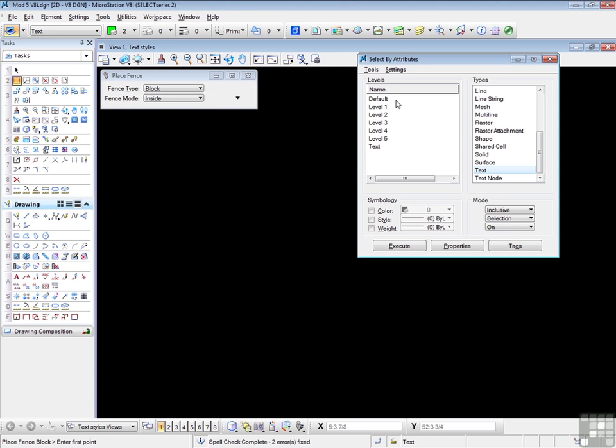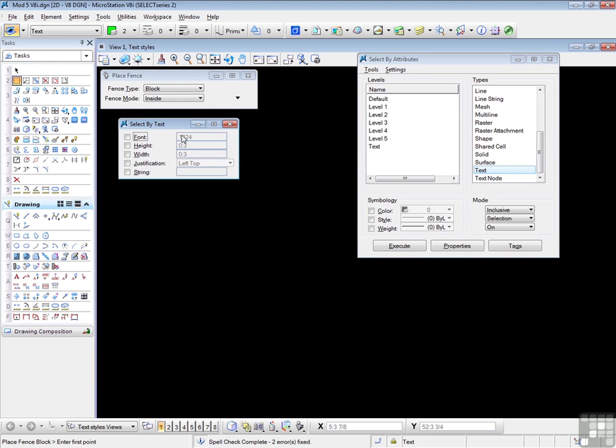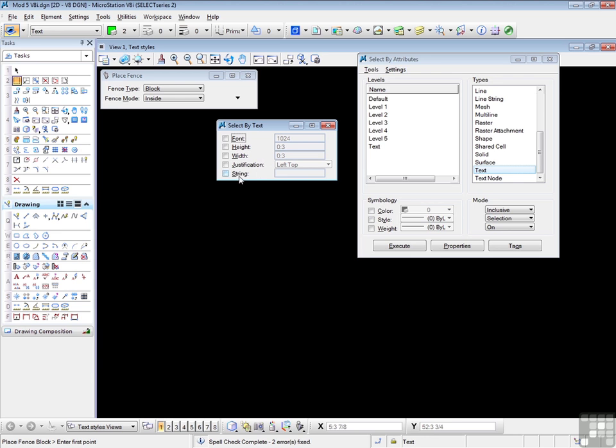I don't particularly know what level the text is on. I need to find the text string itself. So to do that, I go to Settings and Text. Brings up a separate box. And I need a text string. And the text string is